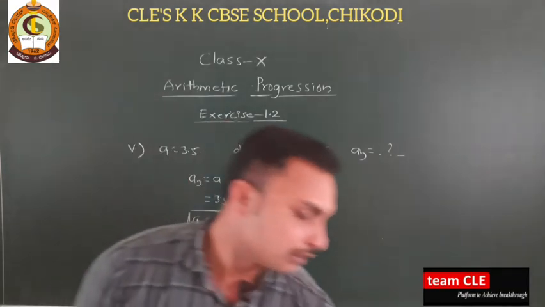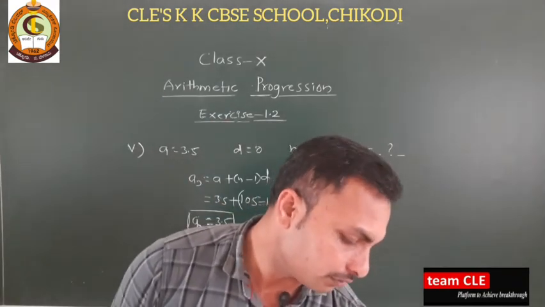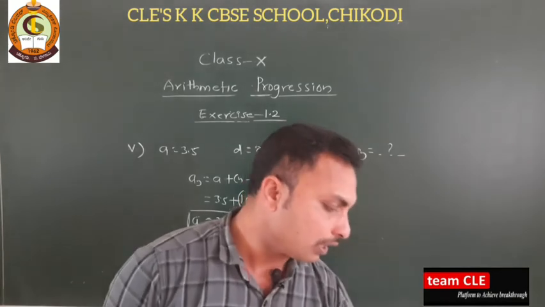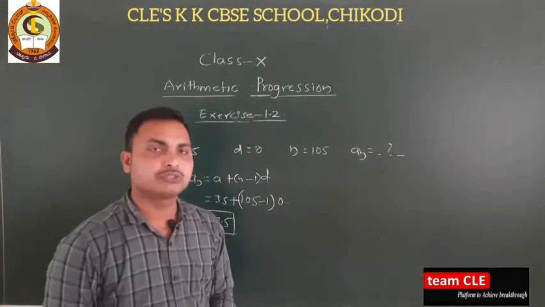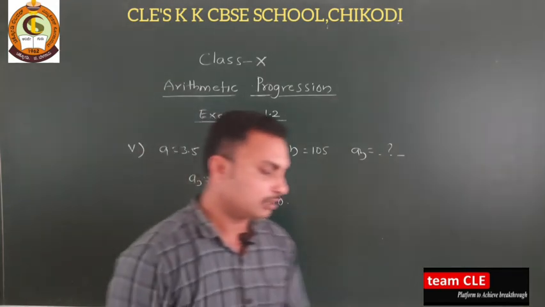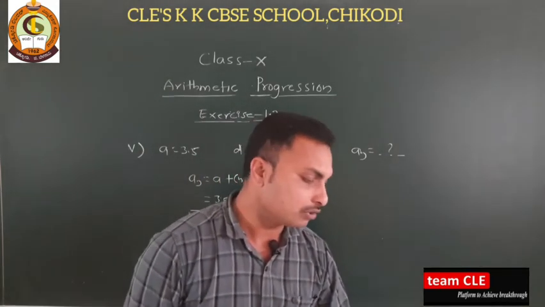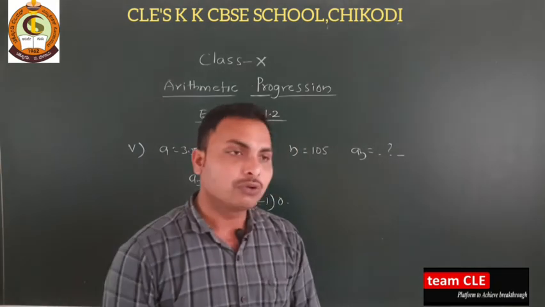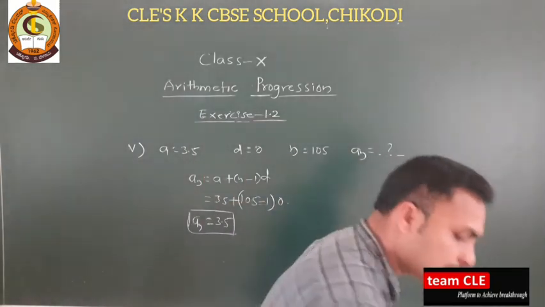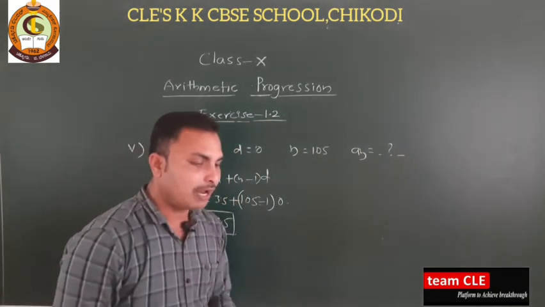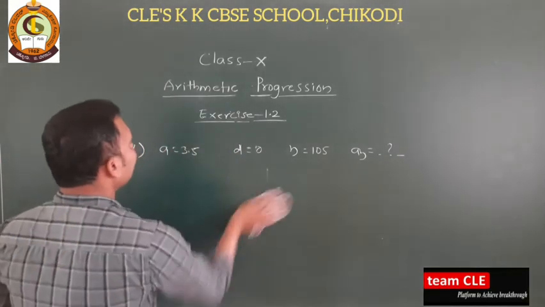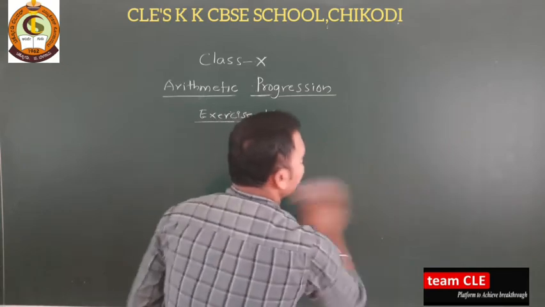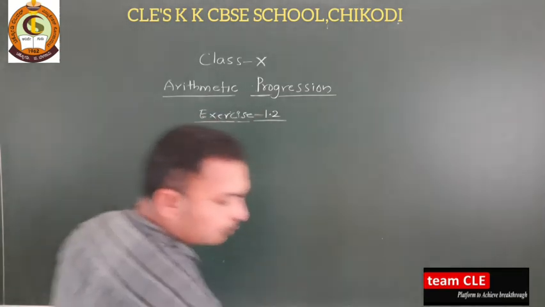Okay, so second one. Second main, let us check here. Second main, choose the correct choice in the following and justify. Choose the correct choice and justify. This you can do it. I will not solve this one. So I will go with question number 3. In the following APs, find the missing term in the boxes. Find the missing term in the boxes. See, first one.